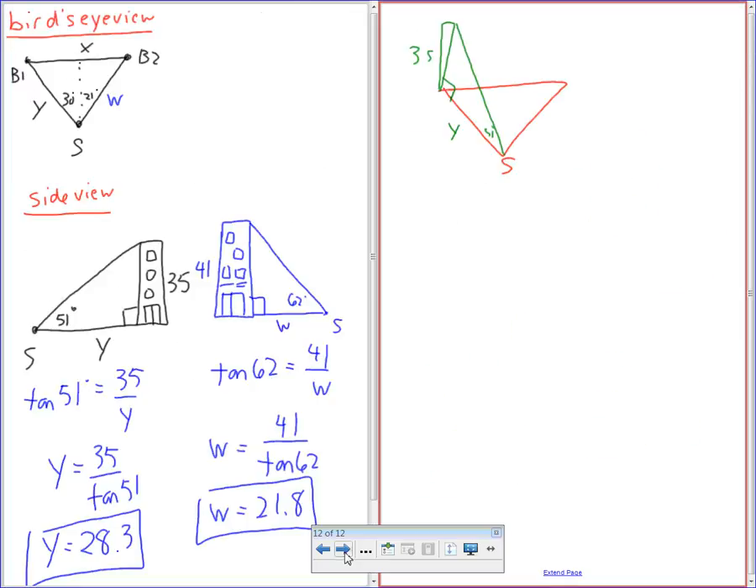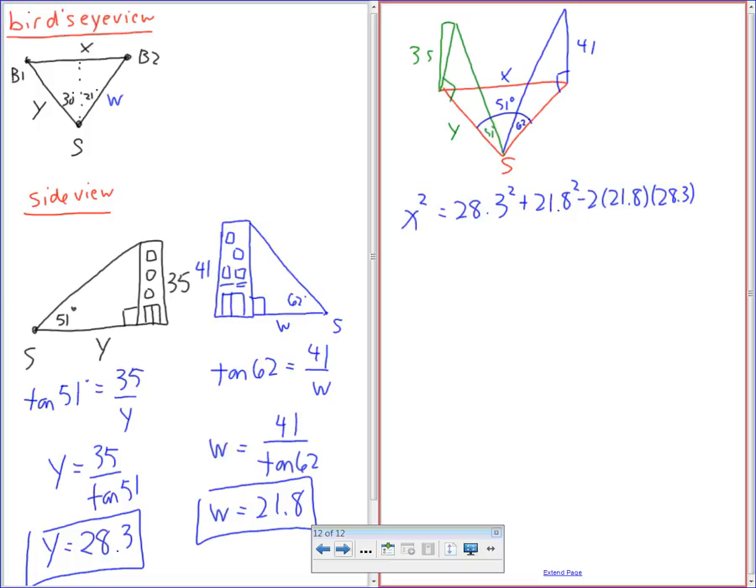Now, I've been telling this to my grade 9s. I'm going to do this one 3D too. So that's what we're ultimately doing now. That also makes sense. We're ultimately looking for x. So I'm just going to solve this. We'll say x squared equals 28.3 squared plus 21.8 squared minus 2, 21.8,